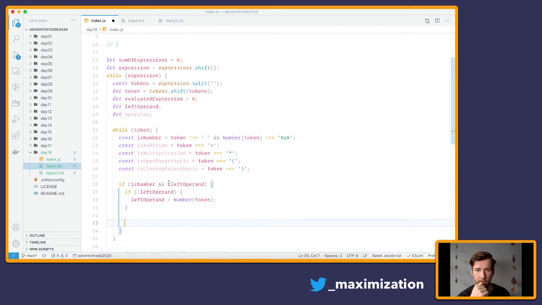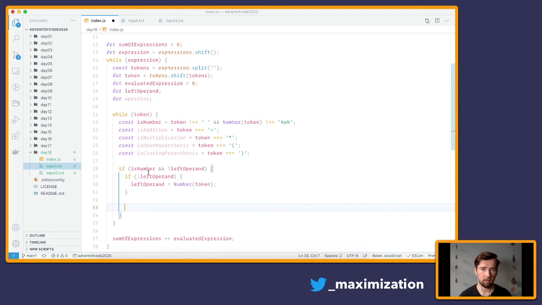We're gonna have an operator as well, so we can say evaluate expression, if operator equals to plus, evaluated expression plus equals left operand plus,